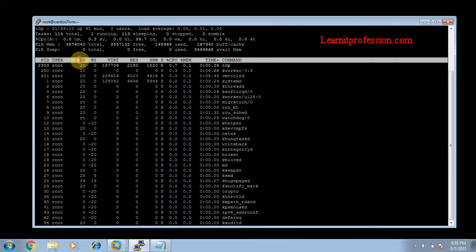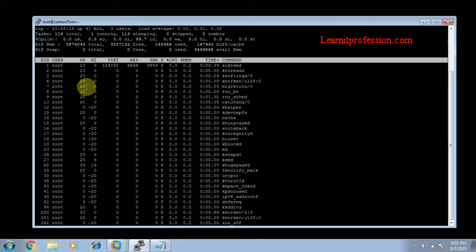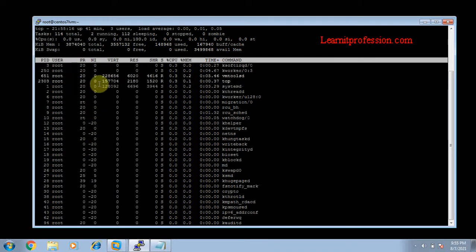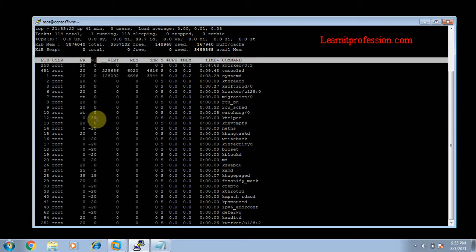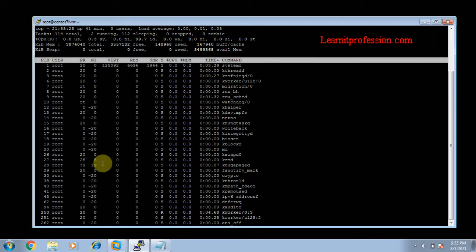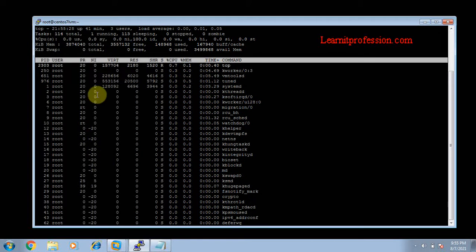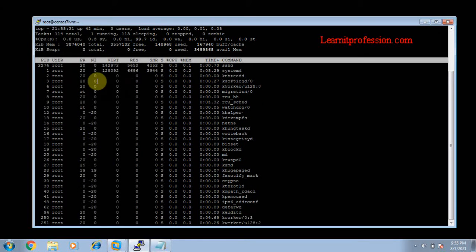PR means the priority of the process. Here the number is shown. NI means the nice value of the process. Nice value means a negative value has a higher priority, and a positive value has a lower priority. That is the concept of nice value.